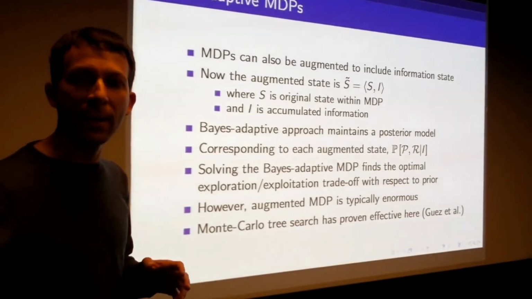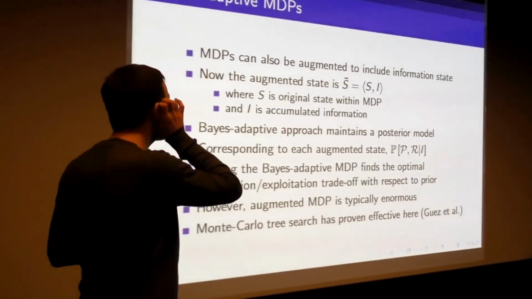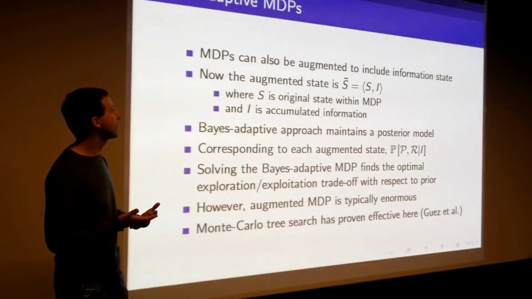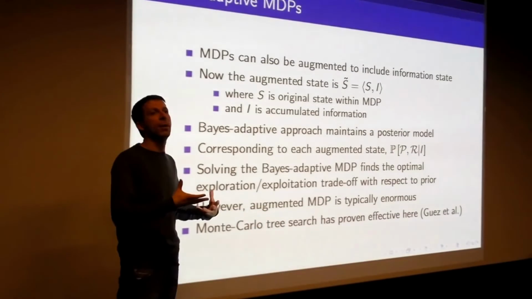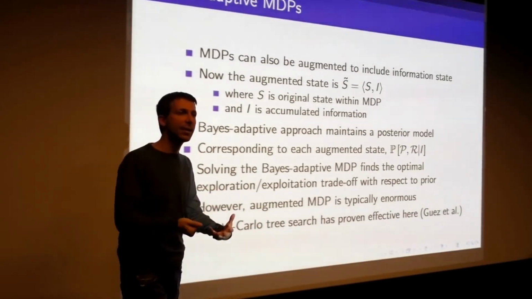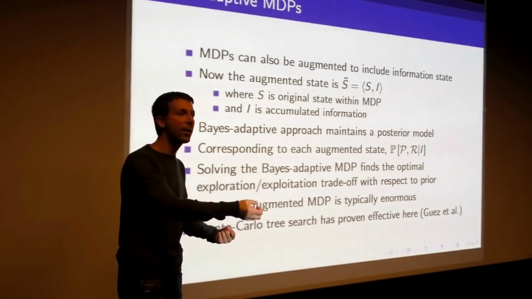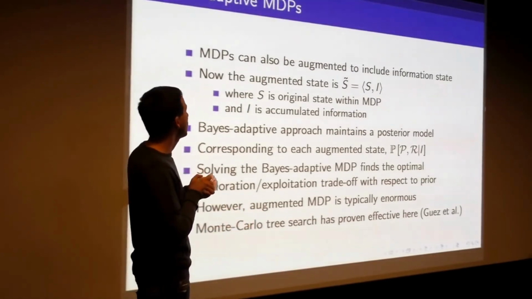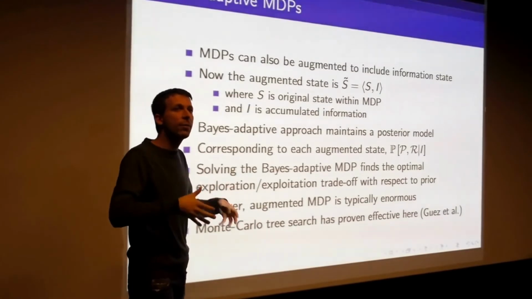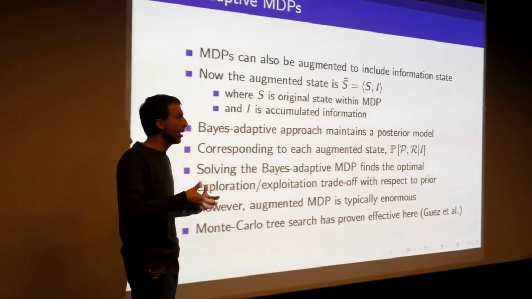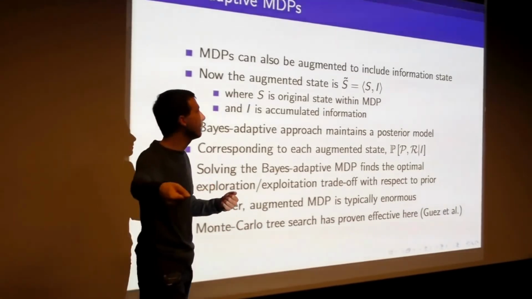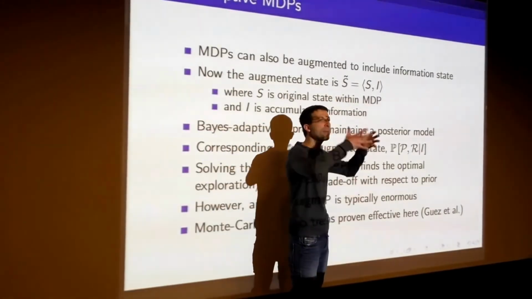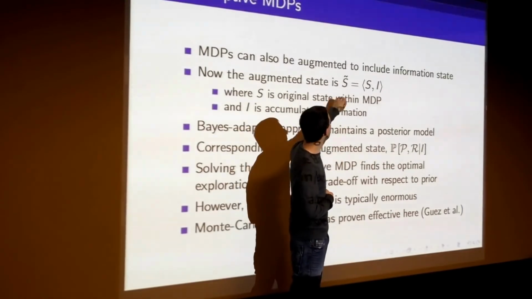Finally, the information state space idea also applies to MDPs. So this is the correct approach. This is the idea where we can systematically say how much information should I gather and what's the value of that information. We can do that with MDPs as well. So in this case, what we do is we start off with our original state space, and we augment that state space to combine it with the information. So we basically say we're going to invent a much bigger, more complicated MDP in which our new state